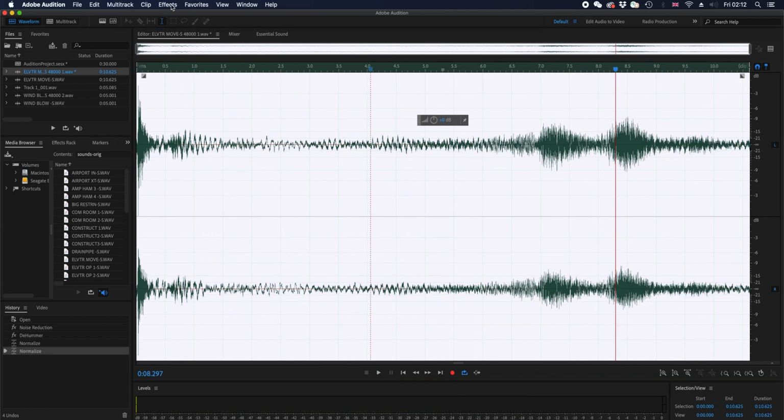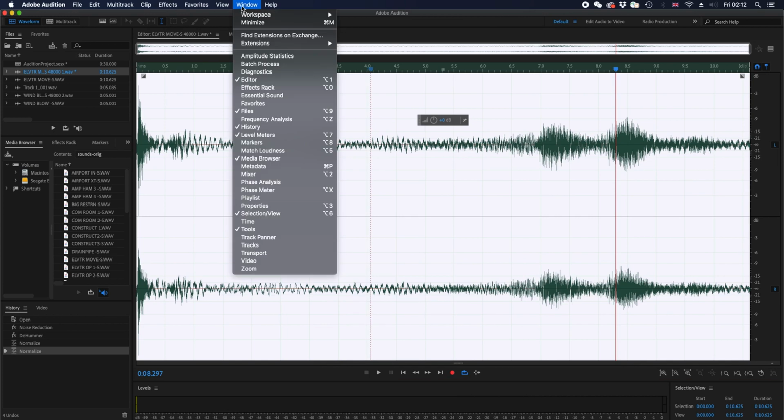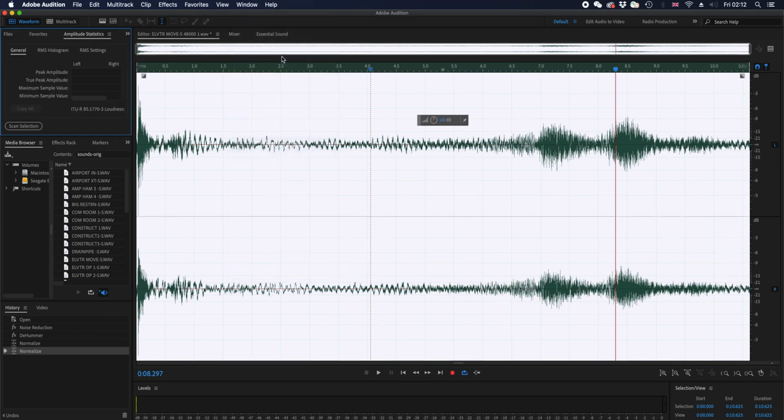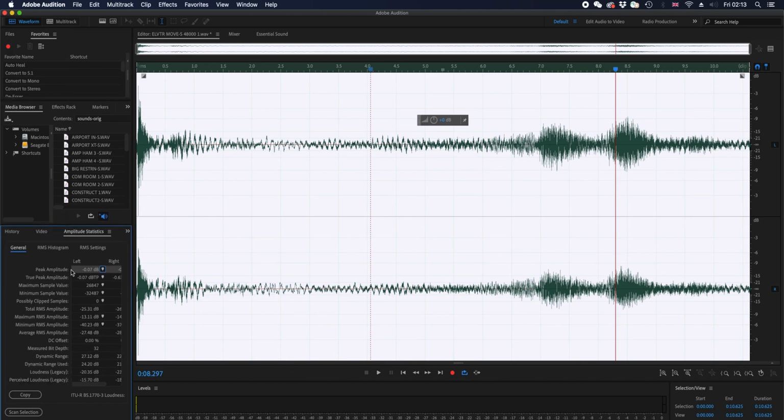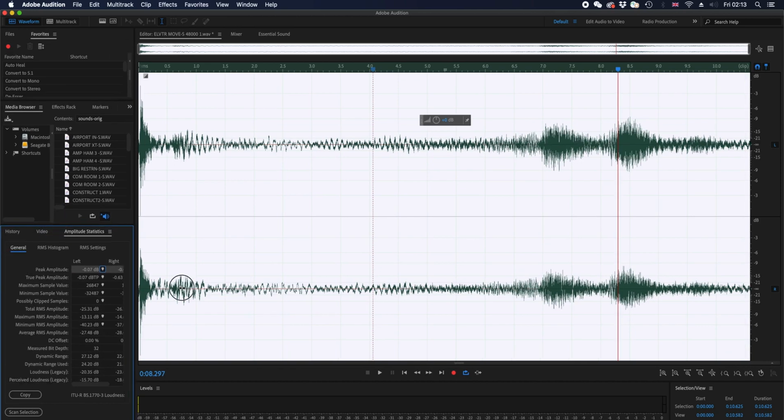Some additional settings that are very helpful for us to know is the amplitude statistics. So this setting right here, I'm going to drag it to this panel. My amplitude statistics, if I scan the selection, and now I have selected the whole file, so I scan the file and it will provide for me some information such as what is the peak amplitude,